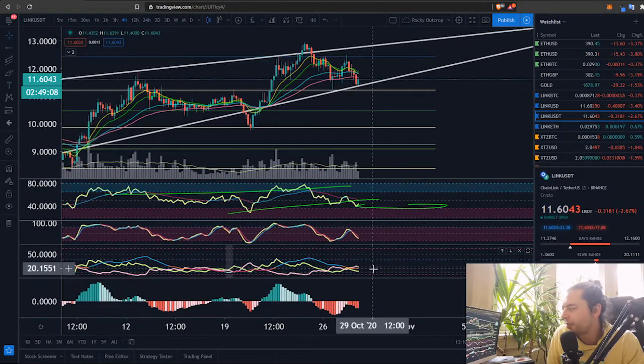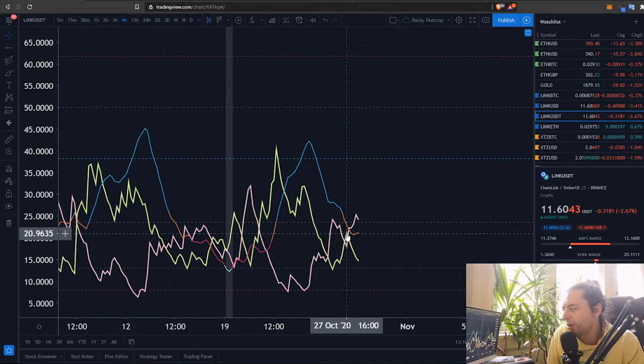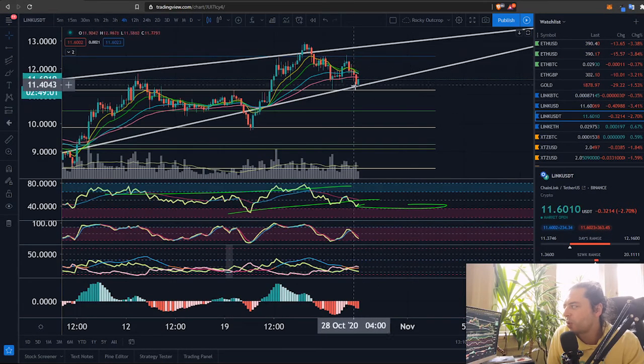Looking down at the 4-hour time frame, you can see that the negative strength of trend is currently in place, having had a crossover there on the 27th of October. So while we've pulled down as far as this so far, I don't want to see us have to go down any further. In terms of the 4-hour time frame, you can see the movement that we've had